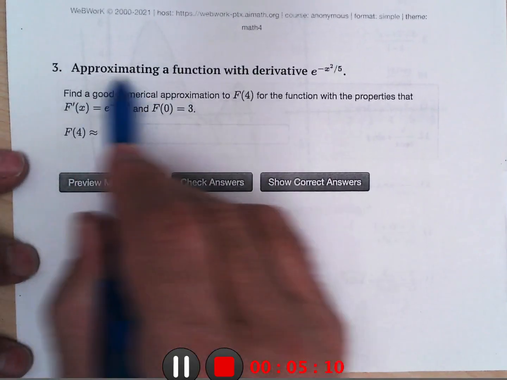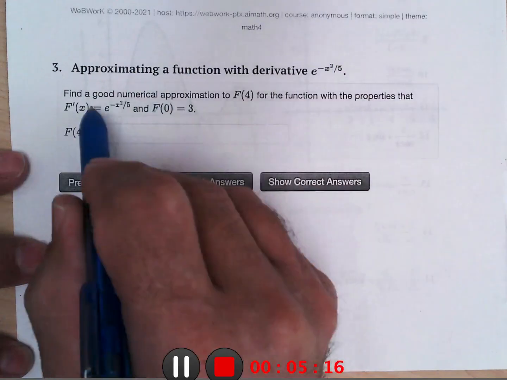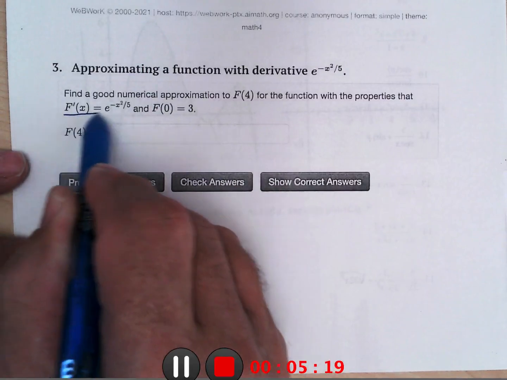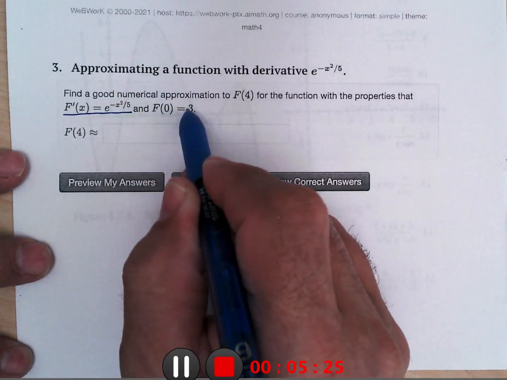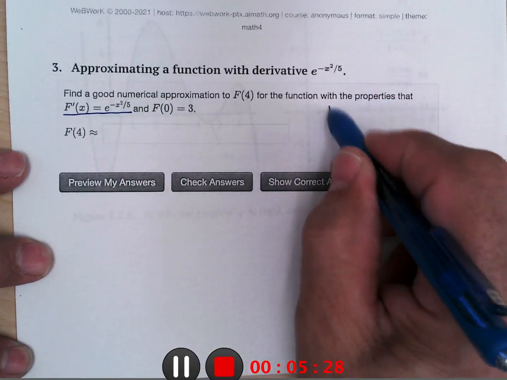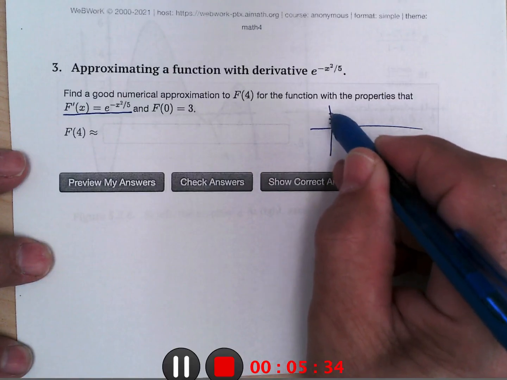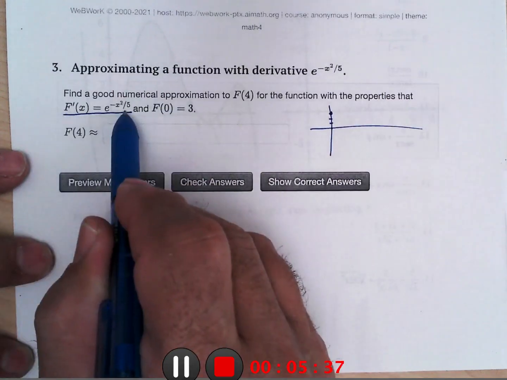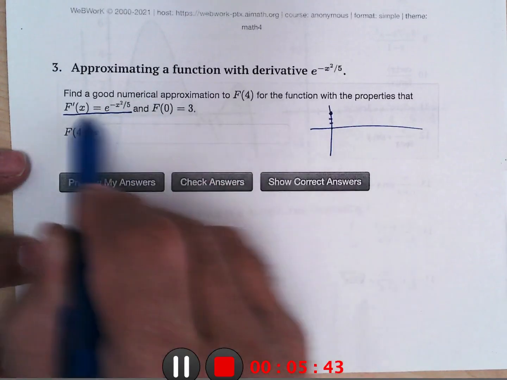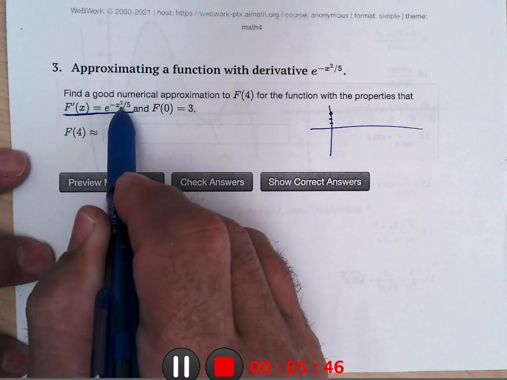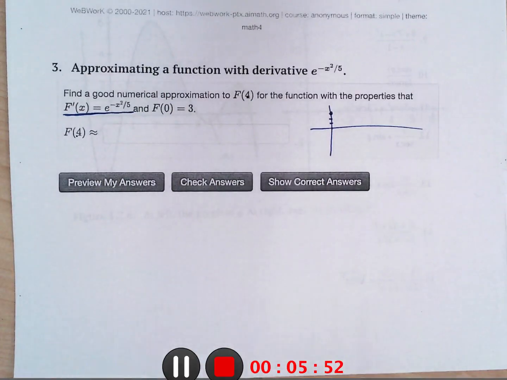Approximating the function with a derivative. So this is the derivative of some function. So they're saying right here, this is the derivative, and f of 0 is 3, 1, 2, 3. And if the derivative looks like this, the area under the derivative tells us how much this changes. So we need to find the area under this derivative from 0 to 4 to be able to figure out f of 4. So we're going to pull out our calculator